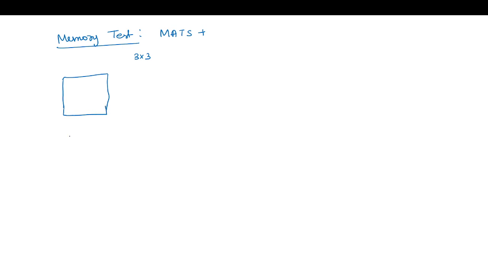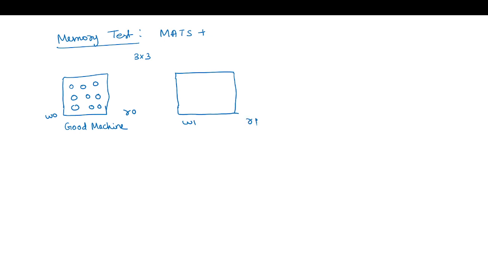So this is the good machine. After we write 0 to the machine, say first we write a 0. Next we perform the read 0. After this, we have to perform the write 1 and then read 1. Further, the March algorithm says we have to write a 0. Okay, so now